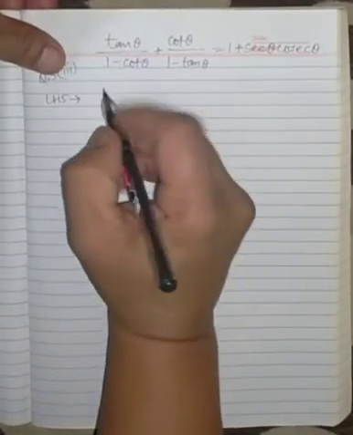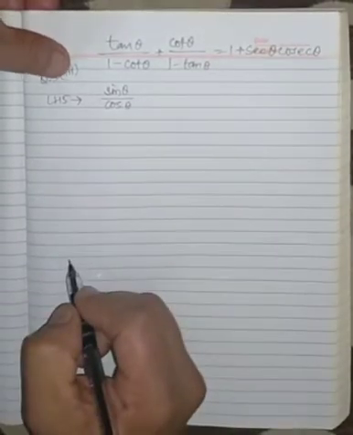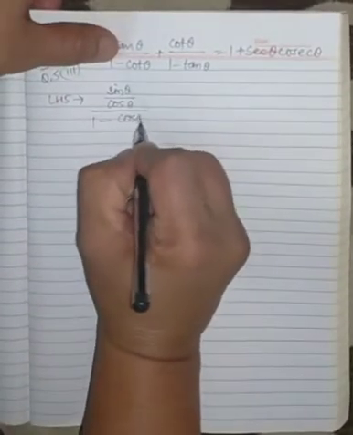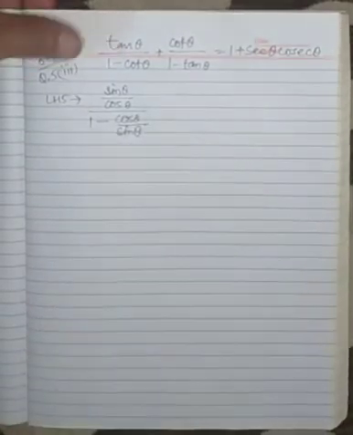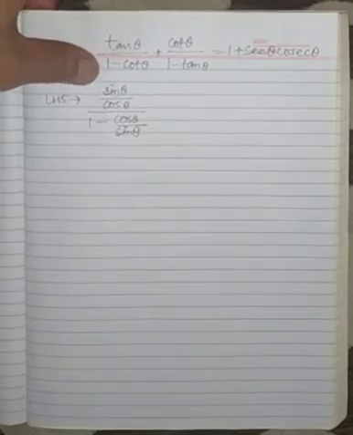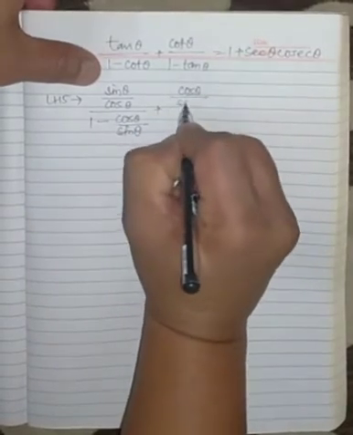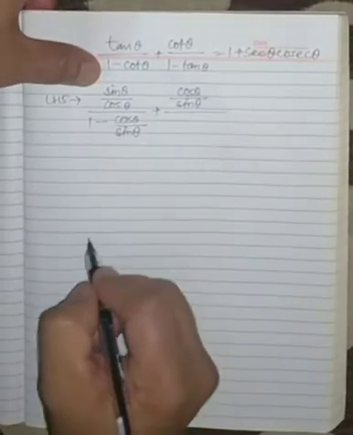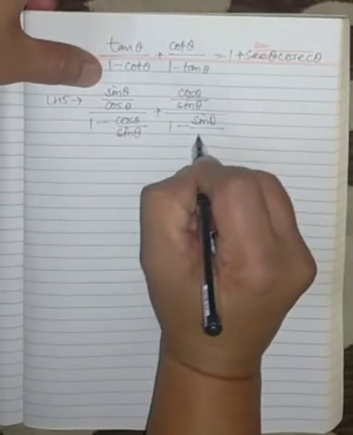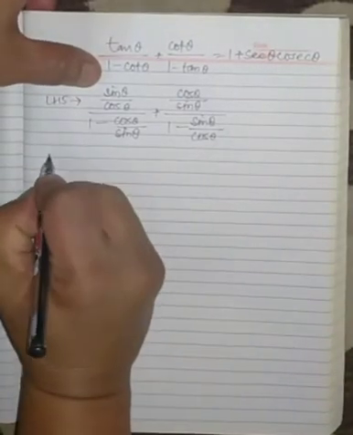So tan theta I am going to write as sine theta upon cos theta upon 1 minus cos theta upon sine theta, writing cot theta in terms of cos theta upon sine theta, plus cot theta is cos theta upon sine theta upon 1 minus, writing tan theta as sine theta upon cos theta, that is equal to